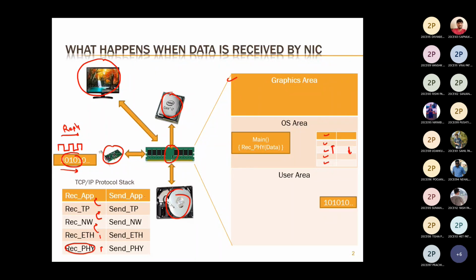Mind well, without transmitting data, without requesting data, we will not have a reply. So first, the request will be sent. The application layer will send, give me the first page of gmail.com. The transport layer will prepare a header and send to the network layer, which will prepare a header and send to the Ethernet layer. The Ethernet layer prepares its header and sends to the physical layer. The physical layer transmits in terms of electrical pulses. So that is the request, and once the reply is received, the NIC card will receive electrical pulses in terms of ones and zeros, and those ones and zeros will be kept in user area.